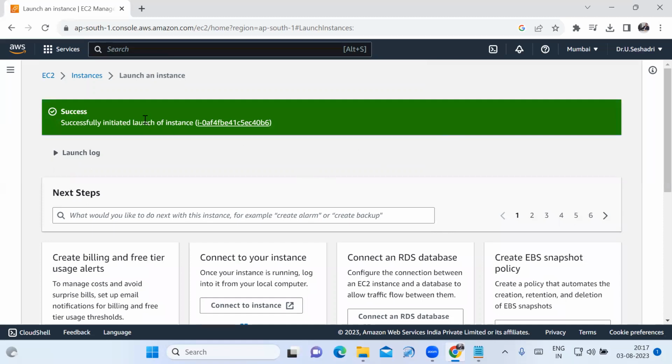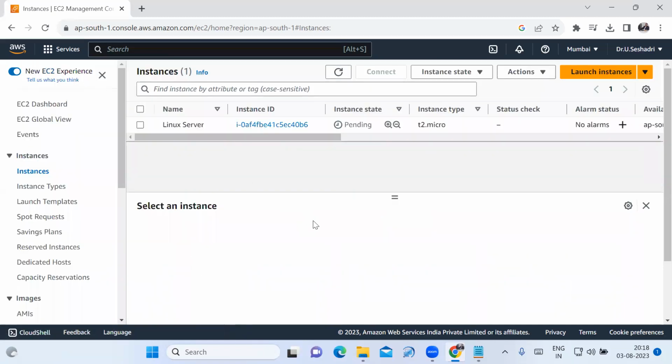The instance is launched in the Mumbai region. Click on the instances option. See what the instance state is. It is pending. Wait for a few minutes. It is running in the Mumbai region in that data center. It takes 1 or 2 minutes. Once the instance state is running, then we will do